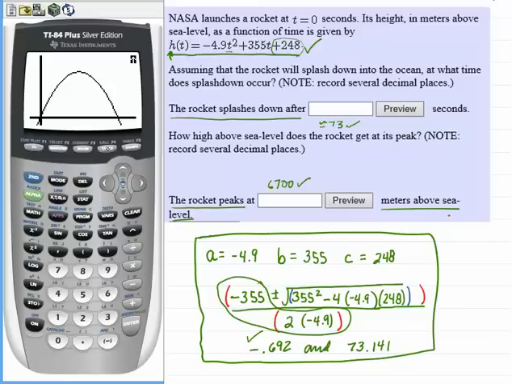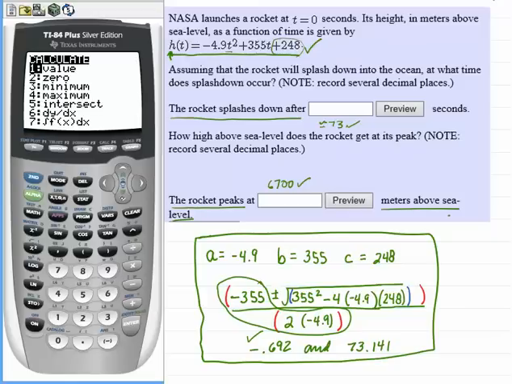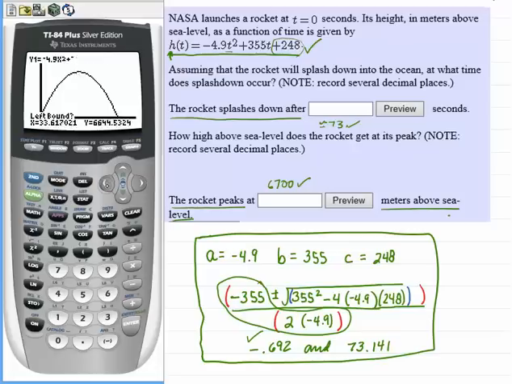So I'll go second, calculate, and I'm looking for the maximum. So I'll go down to number 4 on my calculator. It says move the cursor to the left of the maximum, and then I press the enter key. Move it to the right of the maximum, press my enter key, and then when it says guess, I'll put it right on the maximum or as close as possible, hit enter. Sure enough, it says at about 36 seconds, 36.22, the rocket is